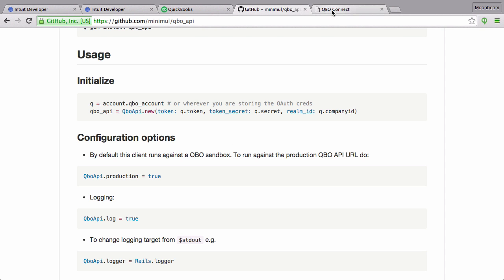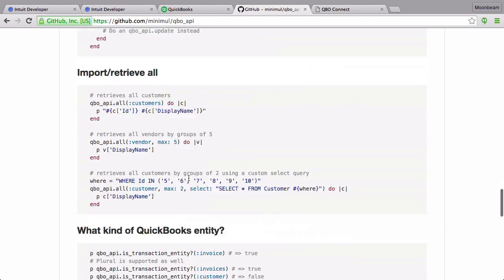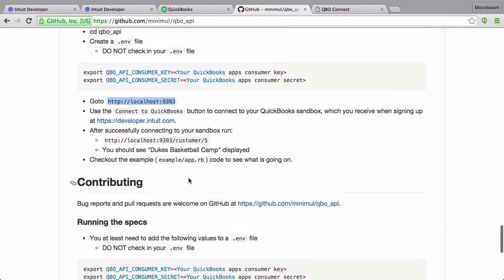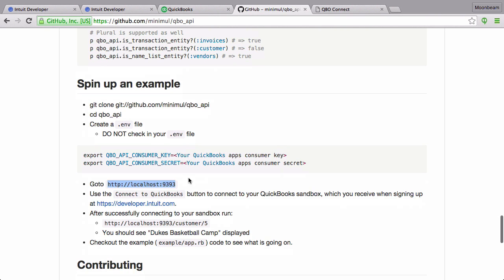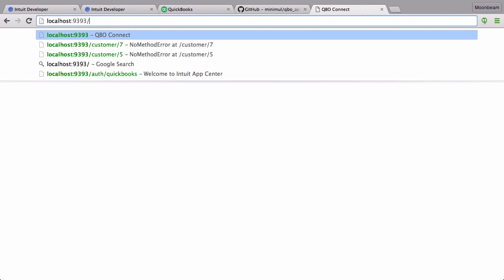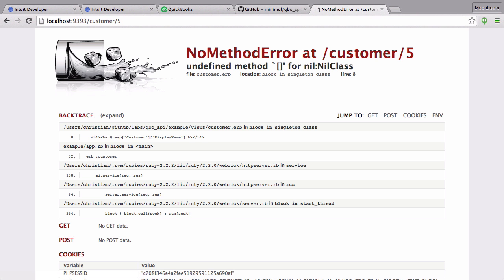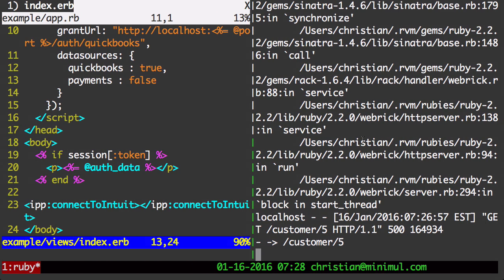So let's go back here. Now, if we go back to these instructions here, which are so bad, but I'll be fixing these, we're just going to put in this URL. Now that we're connected, let's go customer 5. Oops, we got another error here. I'm going to need to go in. This is not going to tell me much unless I turn on